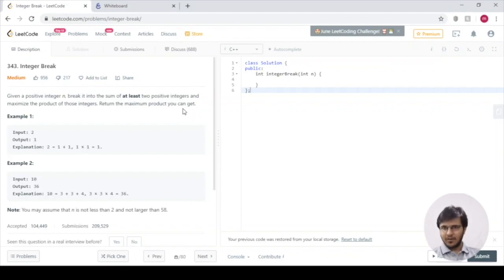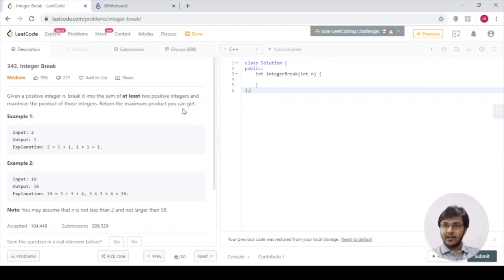First, dynamic programming. We will just be discussing it, not actually implementing it. In DP, you know that we use the previous states to get to the next state. So what previous states are we actually going to use? Well, you can use the maximum product you calculated for the numbers less than n. For example, if you want to calculate the maximum product for 10, you can use the maximum product for 9 to get to the maximum product for 10.